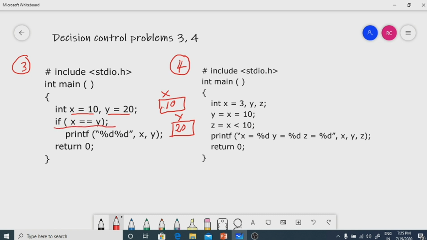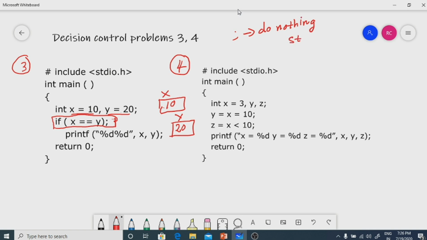Now if you observe, if x equal to y, there is a semicolon at the end of the if. According to the syntax of if, if the condition is true, execute one statement. Now semicolon acts as a statement in C language, and it is called the do nothing statement.